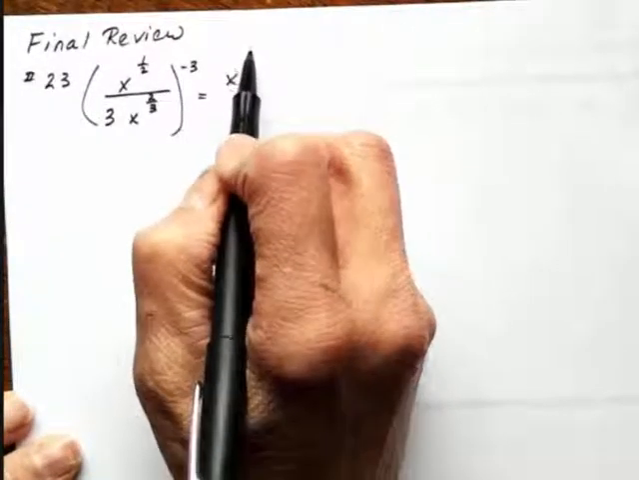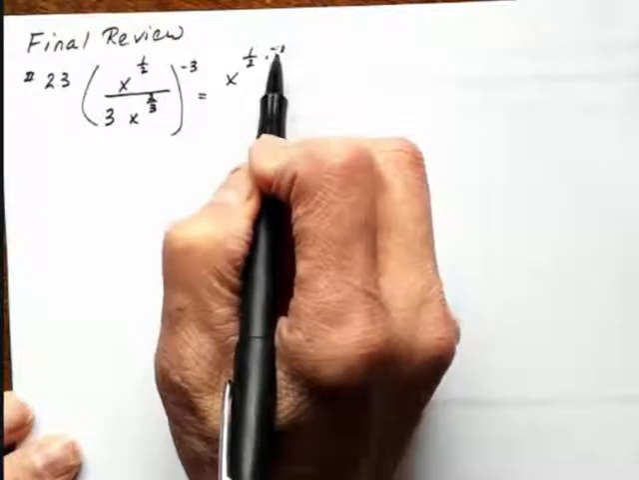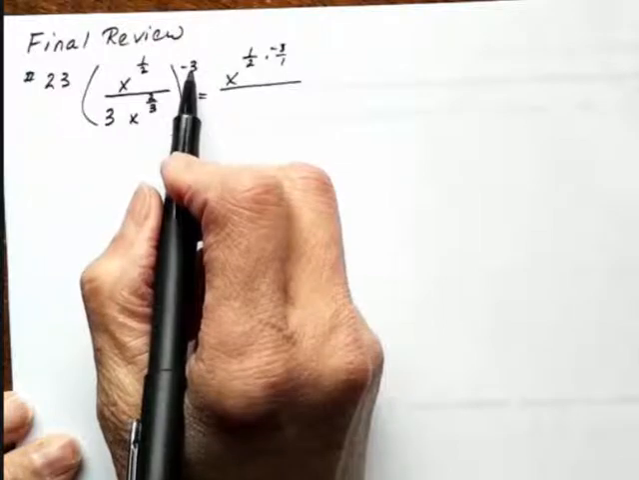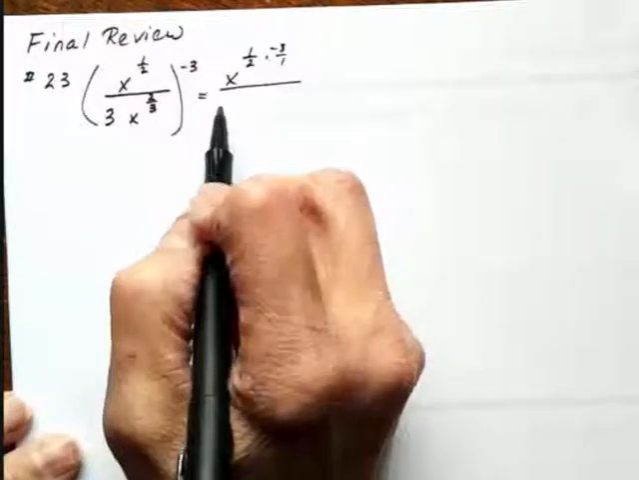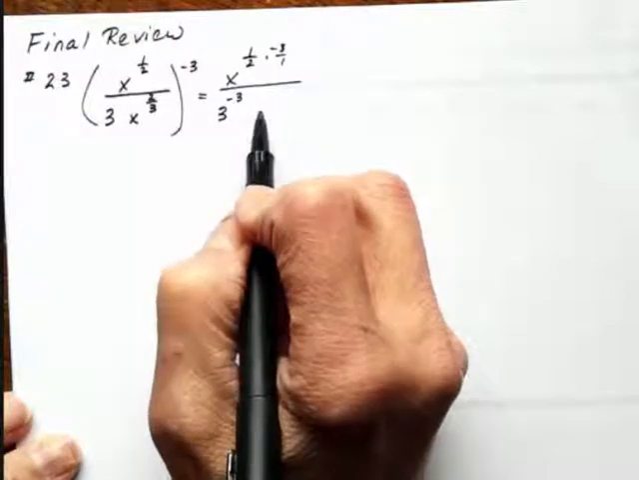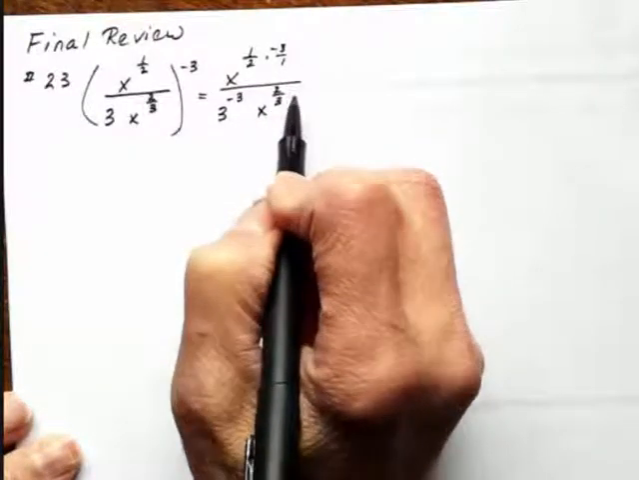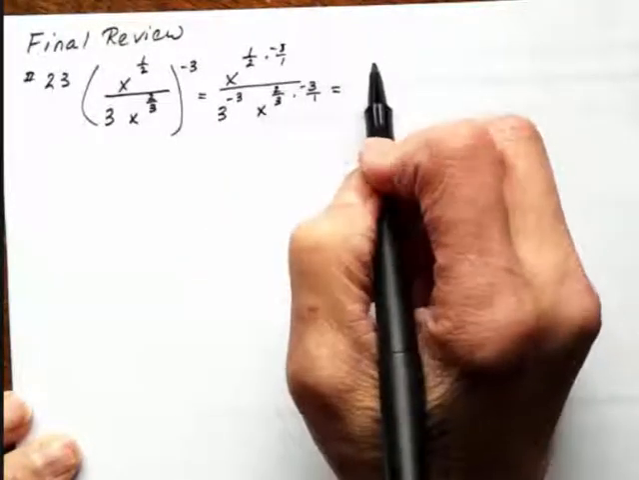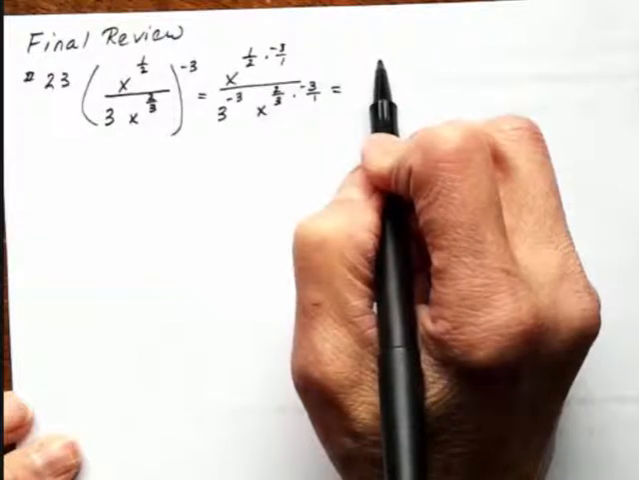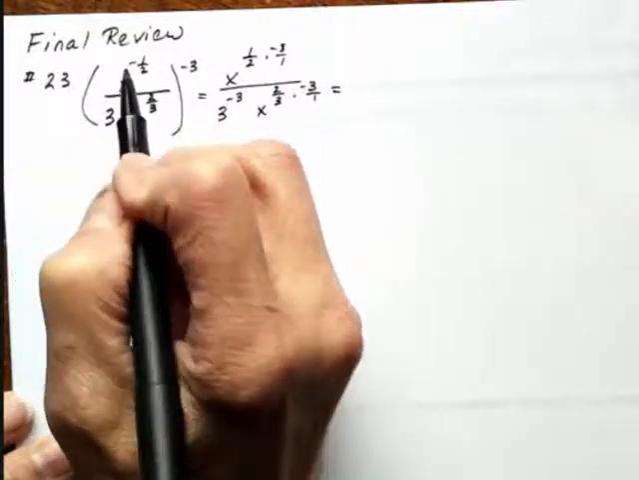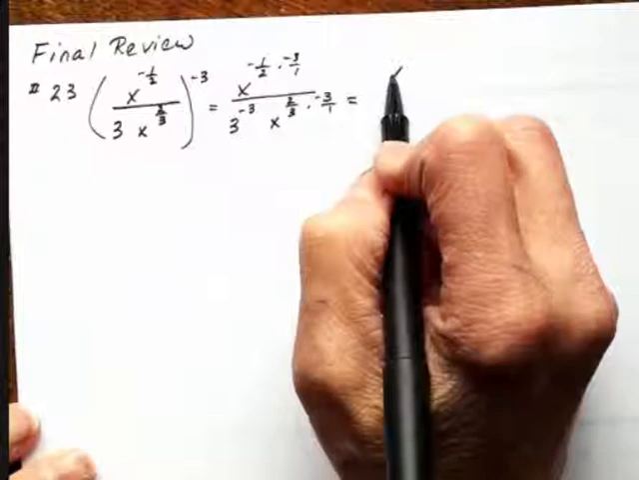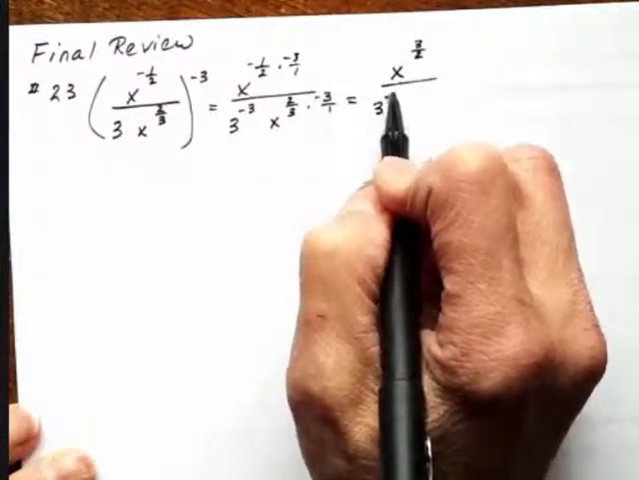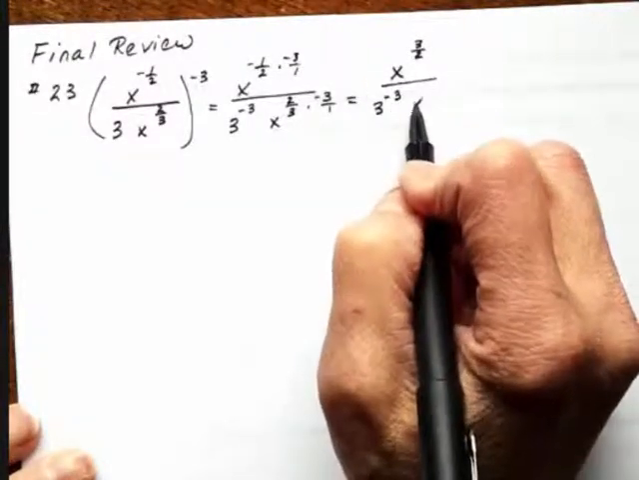So it's going to be x to the 1/2 times -3 over 1 divided by, don't forget to make sure that you distribute the -3 with your 3 that's over here, 3 to the -3rd, x to the 2/3 times -3 over 1. Multiplying, you end up with x to the, whoops, this should have been a negative here, and this should have been a negative there. Okay, so x to the 3/2 over 3 to the -3rd, x to the